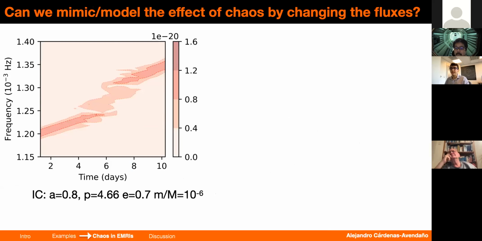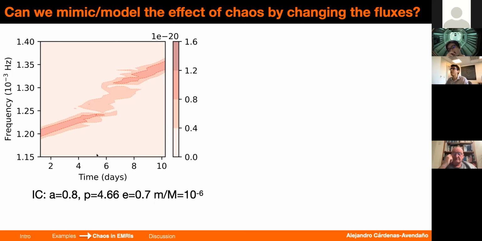And this is exactly what you find even in the slowly rotating Kerr. So you don't have to go that far away to Manko-Novikov or something like that. So this system is perhaps a little bit more astrophysically relevant. And then you see it's very similar to what has been shown before. Your frequency is evolving, you arrive at the resonance, boom, a glitch, and then you leave that region in phase space. And then you went through this region using these fluxes that I just described. And this is just initial conditions: a particular spin, a particular semilatus rectum, eccentricity, and then a mass ratio for this evolution.